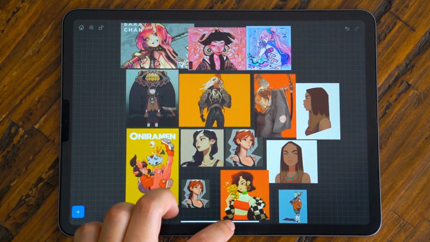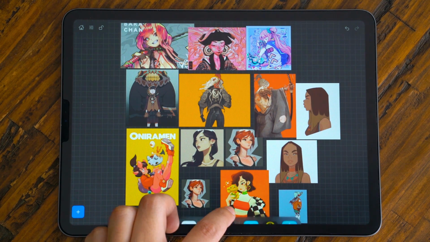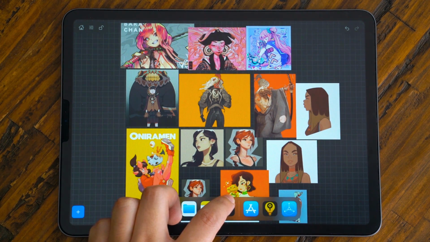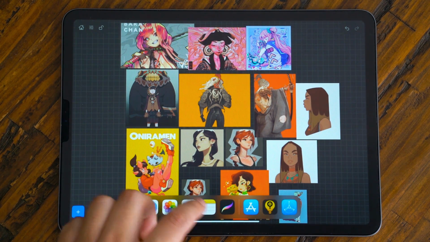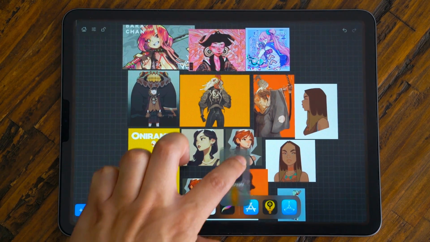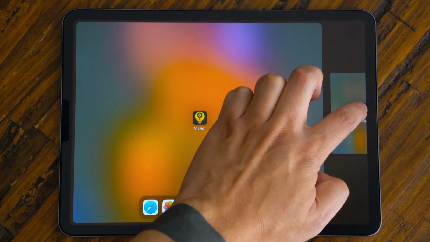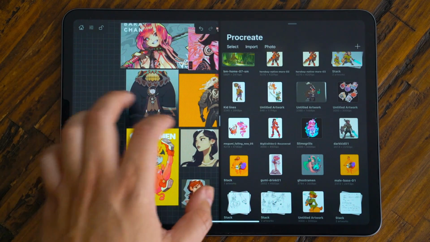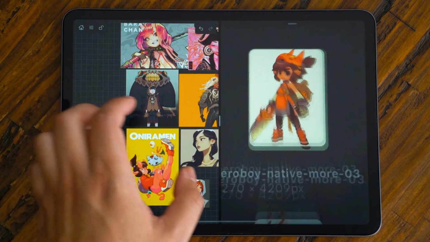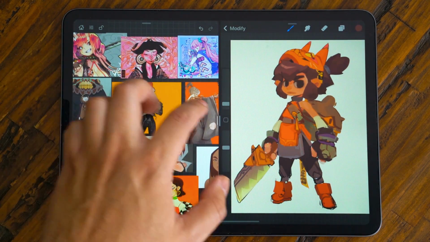mode. So in order to go ahead and get another application, we're going to slide this bottom bar. We're going to click and slide up, and we're going to go ahead and select Procreate, click and drag it to the side of the window here, and then we can go ahead and just open whatever artwork we want